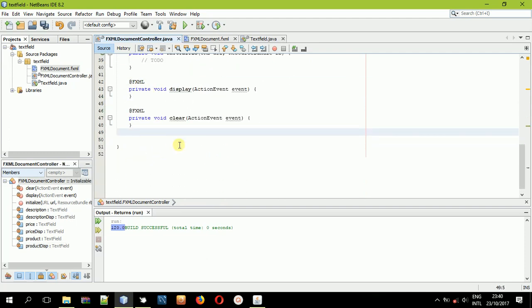I want to create a method that will take text from the text fields on the left hand side and display the same information on the right hand side. So to do that, first of all, we will need two text fields. So we will create a method, private void. It doesn't have any title. So private void, and this method I will name